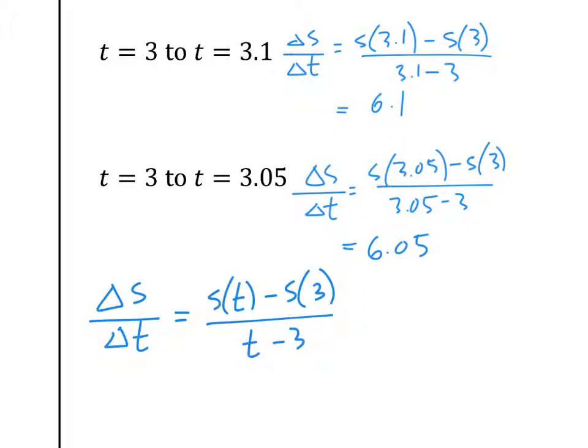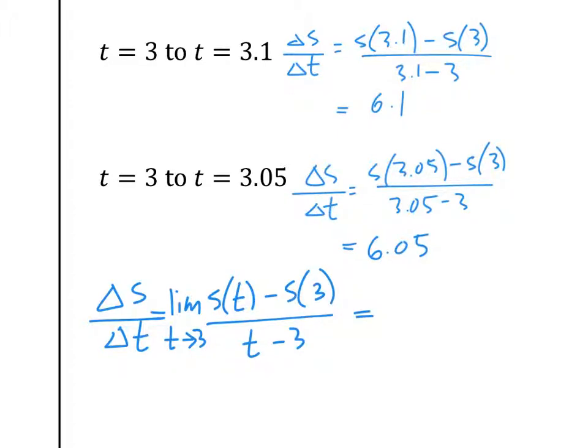And what we're doing is we're trying to bring t really close to 3, and that is what we call limit. We're trying to bring t to 3. Does that make sense? We're trying to get t to get really close to 3, and then we call that limit. And if you recall, when we talked about limit a long time ago, it's never at 3, it's just getting to 3. Yes, like the end behaviors and stuff like that. All right, let's look at it.